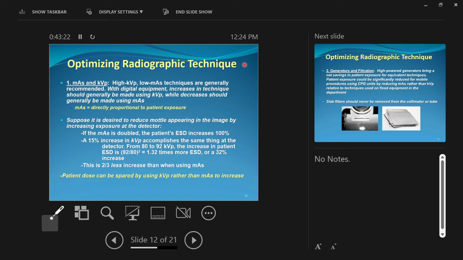X-rays travel through the patient, and then underneath the patient is the thing called the image receptor, or IR. The X-ray beam, from where it originates all the way to the surface of the skin,